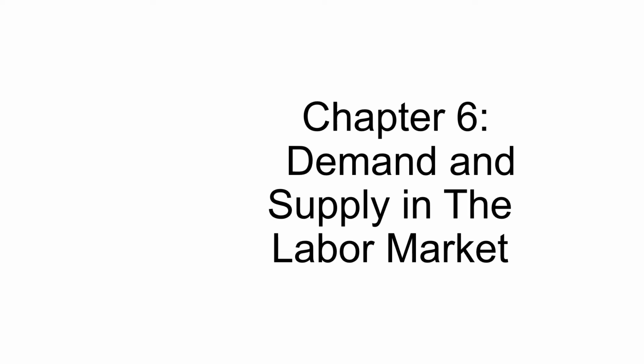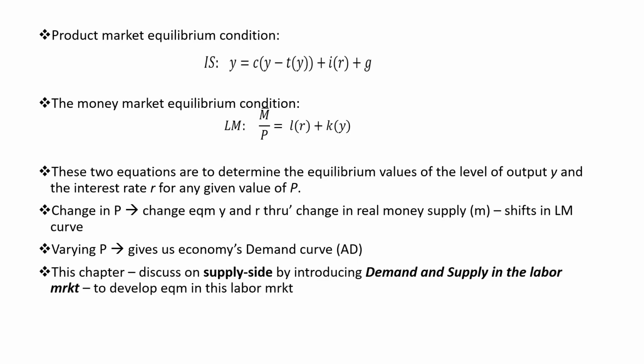Okay, today we discuss chapter 6, which is regarding the demand and supply in the labor market. The last two chapters developed the demand side of the economy, where we take the price level P as exogenously determined. This is the product market equilibrium condition, the IS: Y is equal to C, a function of Y minus T, plus I(r) plus G. And this is the money market equilibrium condition, LM: